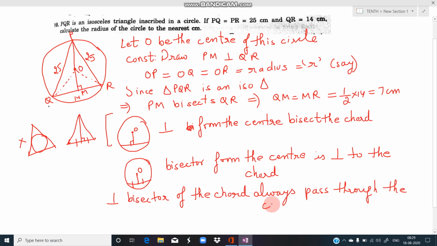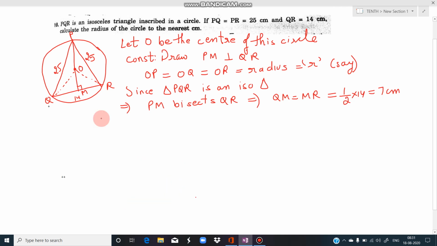So this result we will be using in our answer. कि अगर कोई लाइन है, अगर ये कॉर्ड है, अगर हम इसका परपेंडिकुलर बाइसेक्टर बना दें, परपेंडिकुलर बाइसेक्टर, you know, with the compass we draw like this. Perpendicular bisector is the line which is perpendicular also and which bisects also. तो अगर हम किसी कॉर्ड का परपेंडिकुलर बाइसेक्टर बनाते हैं, it will always pass through the center.